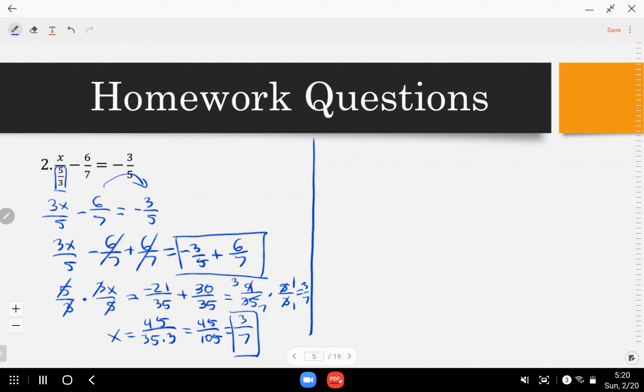But if you multiply everything by 5/3, this has to be multiplied by 5/3 too. So how are you going to deal with that? If you multiply this by 5/3, it's going to be a pretty ugly number, right? If you multiply by 5/3, this will turn into -1, and this will turn into x. But then you get this ugly number. It's still going to be inconvenient. So this is how I'm going to solve it. It's a more efficient way. So after you go to this step,